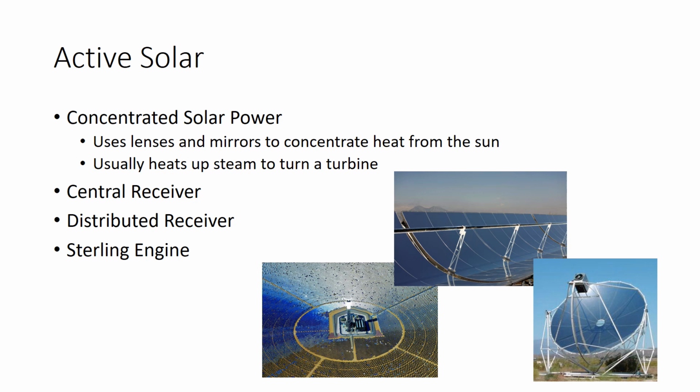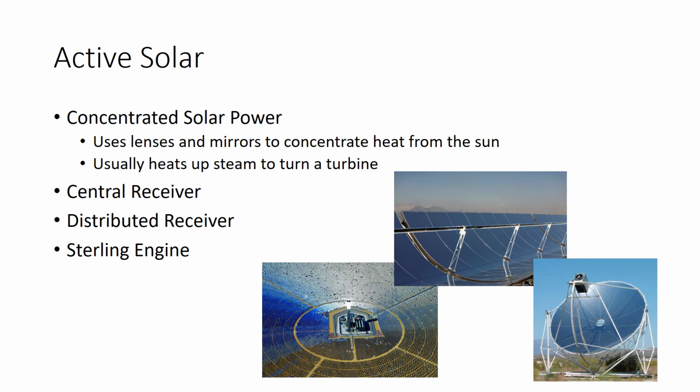So the central receiver is basically going to a central tower. The tower is collecting all of that heat that generates the steam to turn the turbine, right, heating the water. The distributed receiver is actually either like oil or water that's coming through. You can see in that middle picture there, distributed receiver. And so the water is carrying the heat to turn the turbine. The water is heating up to heat the more water to generate steam to turn a turbine.